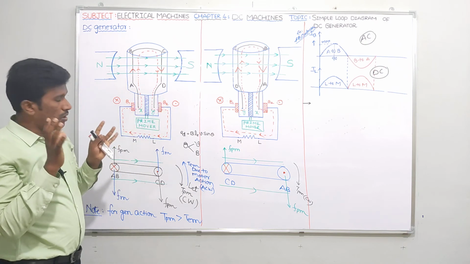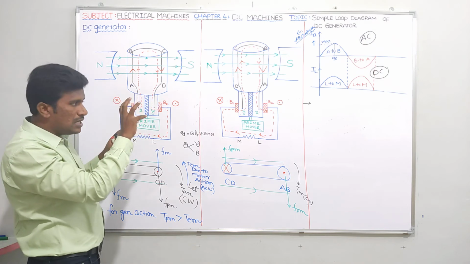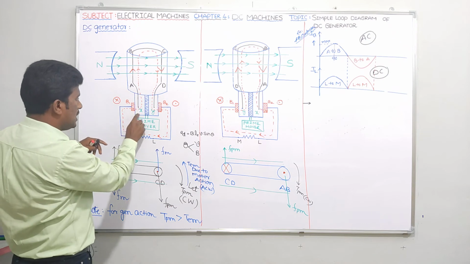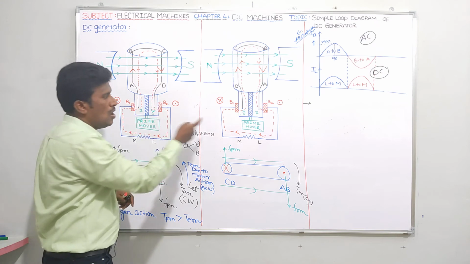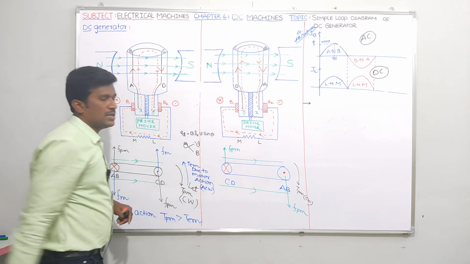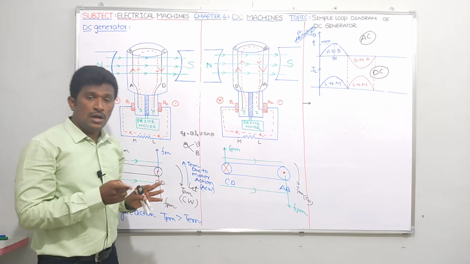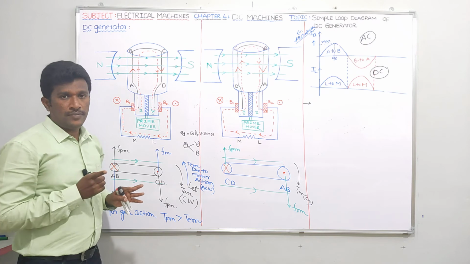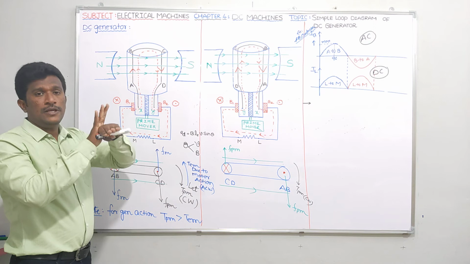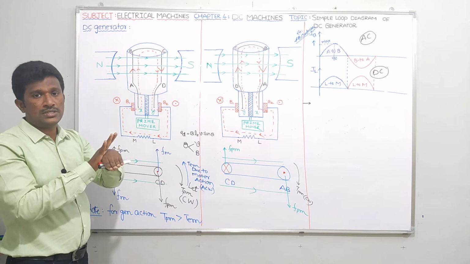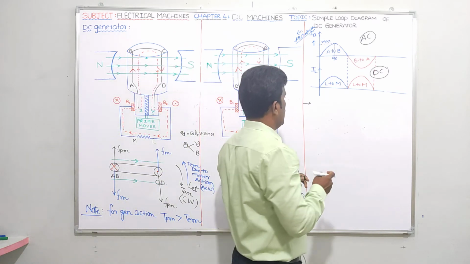Here you have to observe one small thing, guys. As I told you, split rings are moving. See, they are moving. That's why initially I showed X segment, Y segment. After rotating 180 degrees, the Y segment is coming here, the X segment is coming here. You should be very careful with that, because split rings or commutator segments or commutator is a rotating part, whereas brushes are fixed. Brushes are fixed, which are simply placed on the split rings, or commutator segments, or commutator. Okay.